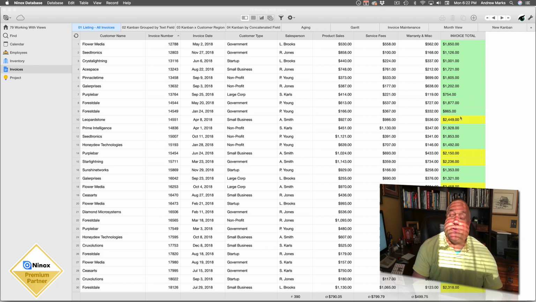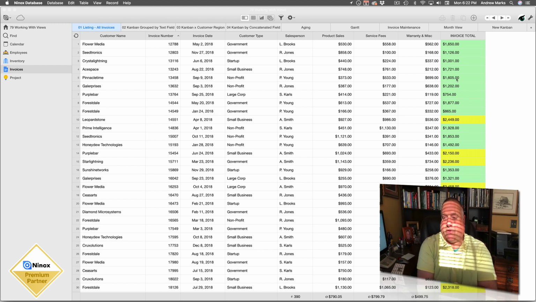Because we chose to color code certain invoices, we had to change this presentation of content to be the text version of the number. So what we're actually seeing in this invoice column are text values, and text cannot be